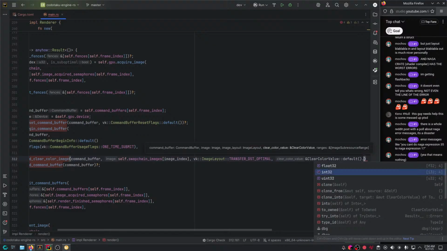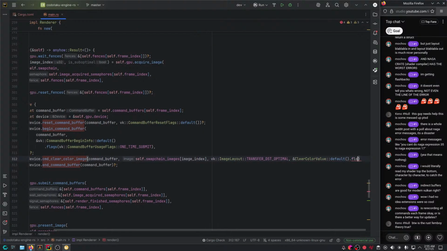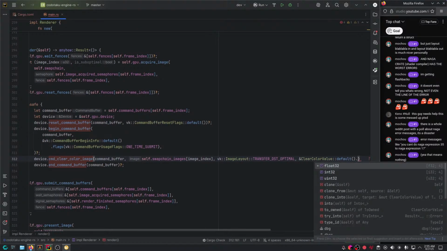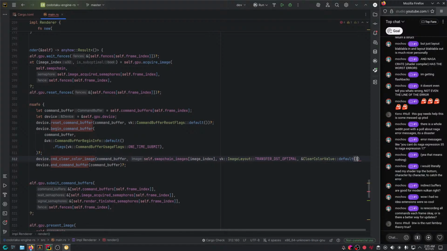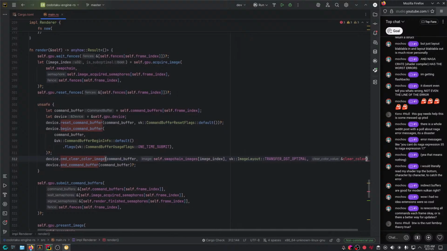This is like a union, either float32 or int32 or uint32, depending on the image format. And here we're just gonna use that, I believe. Well, why doesn't that work? Oh, I need to set it directly. Okay, so I'm just gonna take this. So this is my clear color.